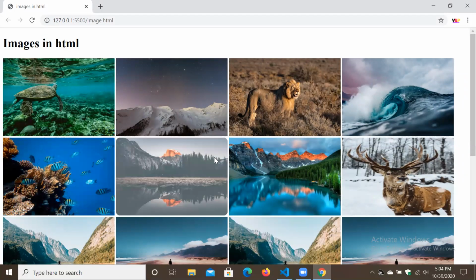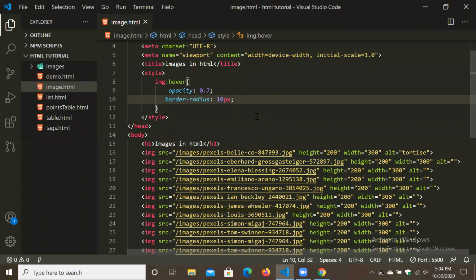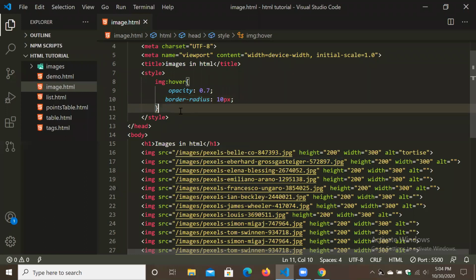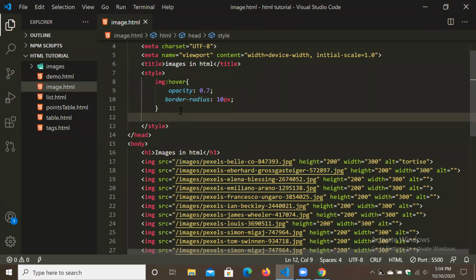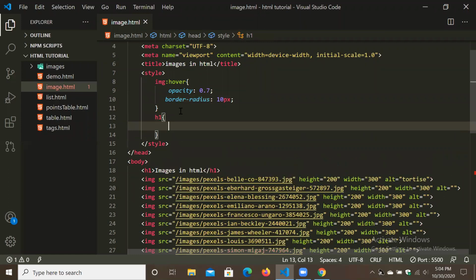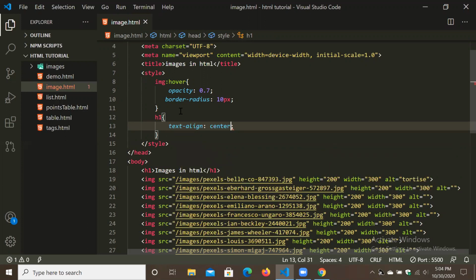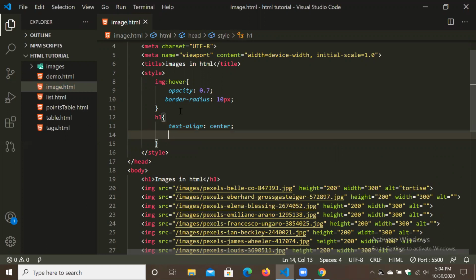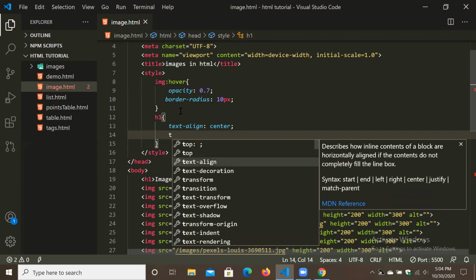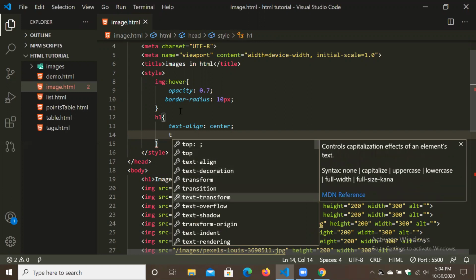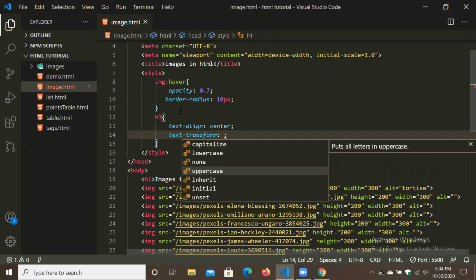Now next we'll give some effect to our heading also. H1, first we'll give text align center. We want our heading in center. Next, text transform uppercase.